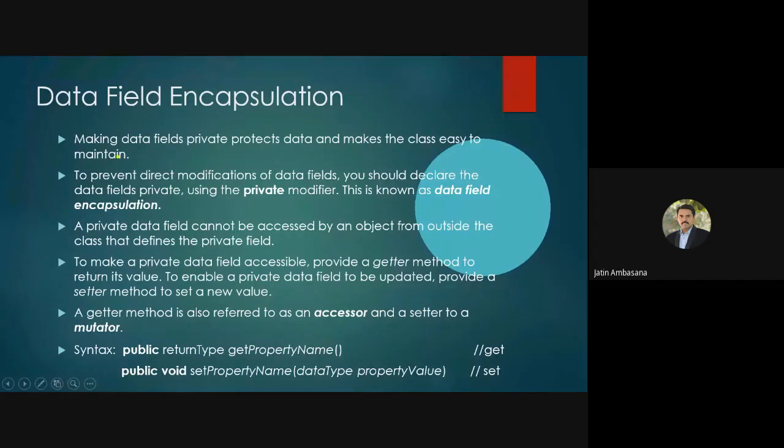Data field encapsulation is achieved by making data fields private. So it protects data and makes the class easy to maintain. You cannot directly access and change it, right? So to prevent direct modifications of data fields, you should declare the data fields private using the private modifier, and that's why it is called data field encapsulation.